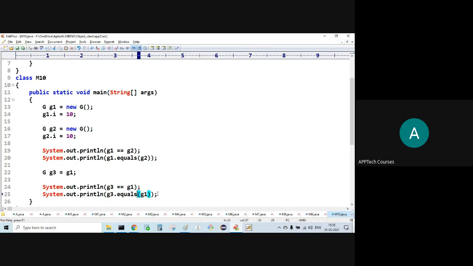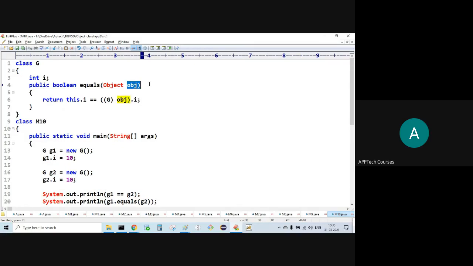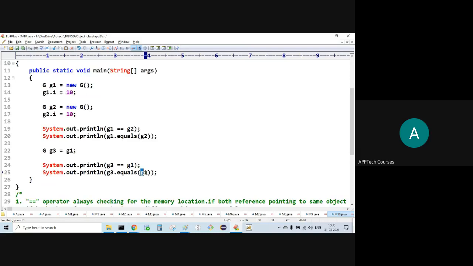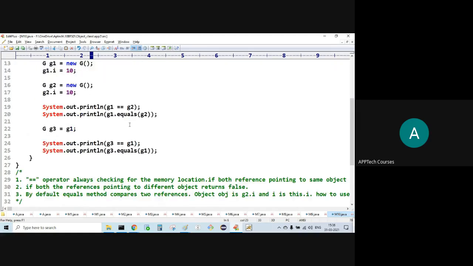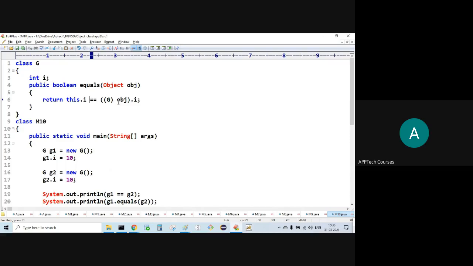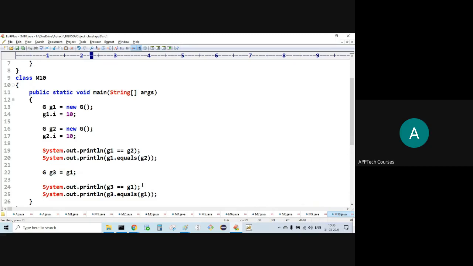Here obj is G1, and this data is G3's data, the current object. G3's data and G1's data are both the same. We'll get true and true. Here false, then true, true, true.